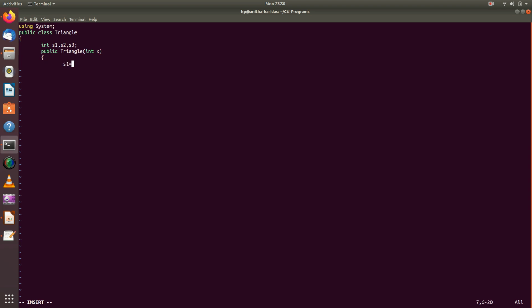So assign the values of S1, S2 and S3 with value X. I'm going to have a copy constructor also.